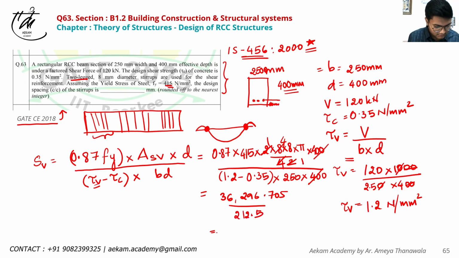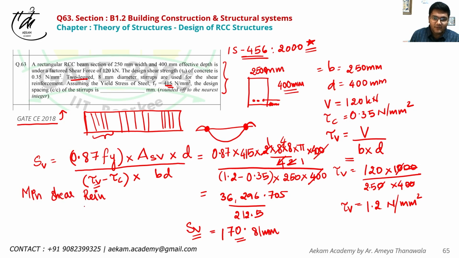Dividing this, we'll get the answer to be 170.81 mm. So your spacing is coming out to be 170.81 mm. Now further, what we do is generally we have the minimum shear reinforcement. Minimum shear reinforcement is actually the minimum value of your calculation,